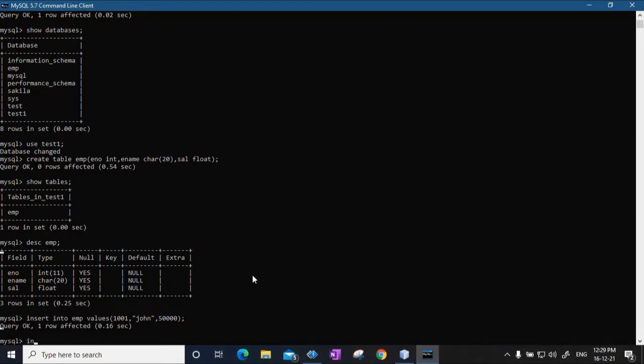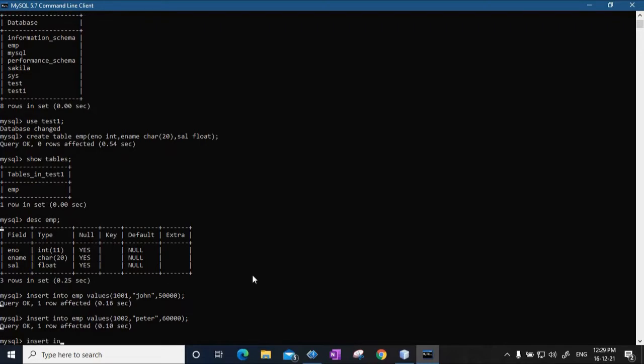Then I again say insert into EMP values, and the second tuple is the second employee whose ID is say 1002, whose name is Peter, and whose salary is say 60,000.